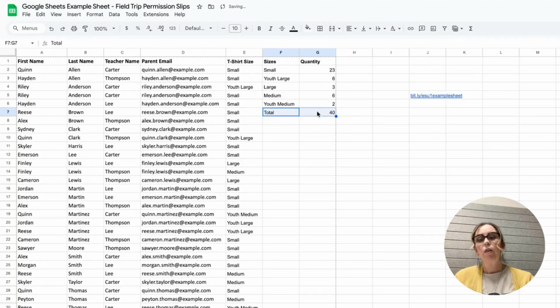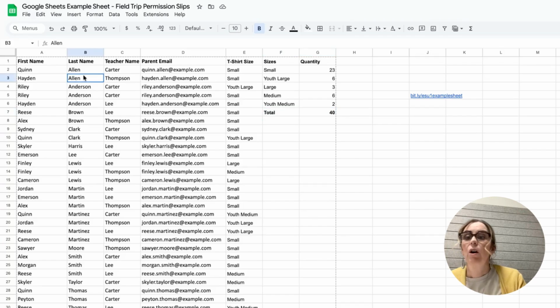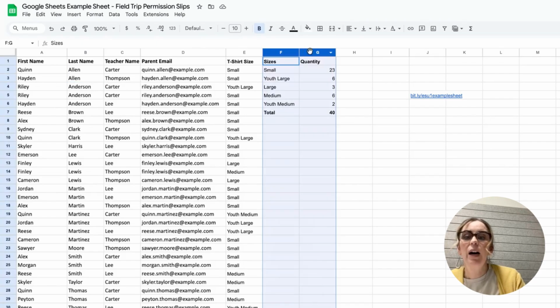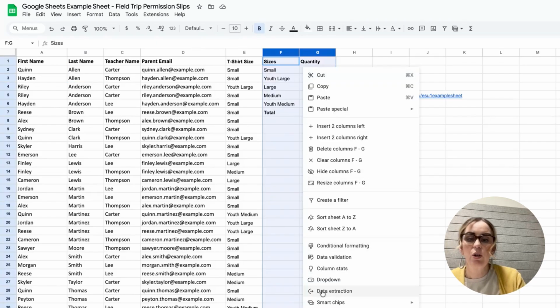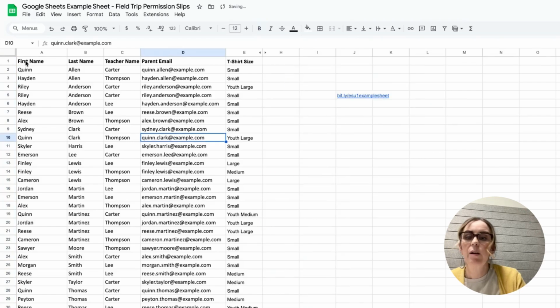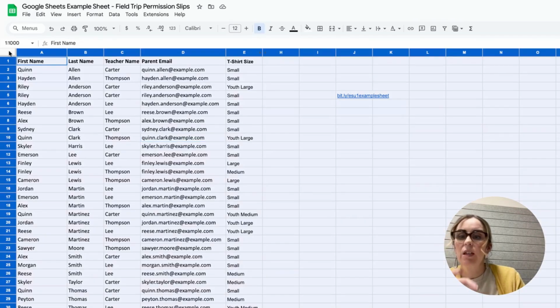All right, so the last little tip that I wanted to show here is just how you can filter out by a certain value. So let's say I just want to look at Mrs. Allen's class. Okay, filters are super, super easy and important. Now I'm going to hide these other pieces, and this is another good tip. You can just hide different columns if you want, but I want to filter by this to see who gets what out of Mrs. Allen's class. So I'm going to select all of this, and I'm going to click this filter button over here